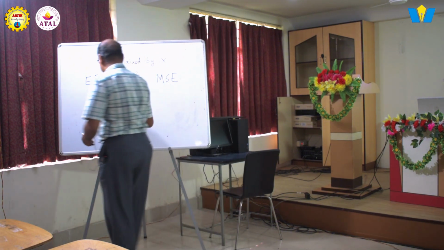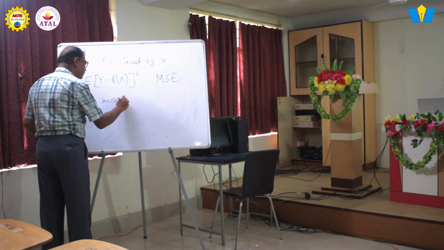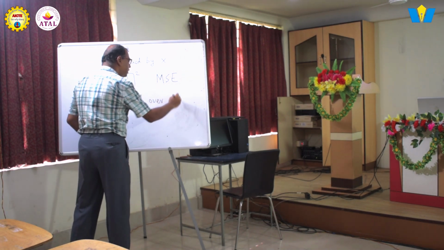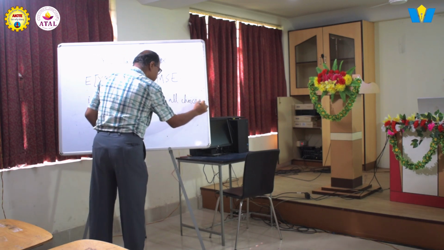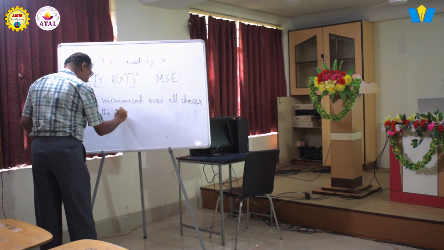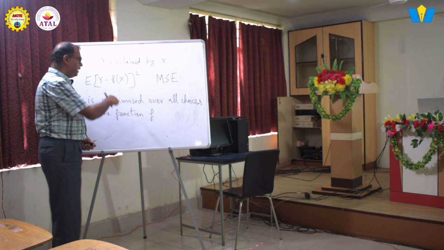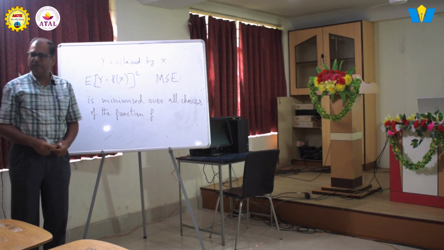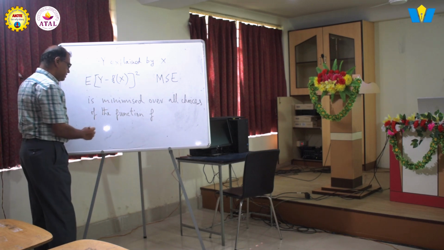This is minimized over all choices of this function f. I'm trying to find the best function which explains y as well as possible according to this criterion, so that this will be minimized. So then,